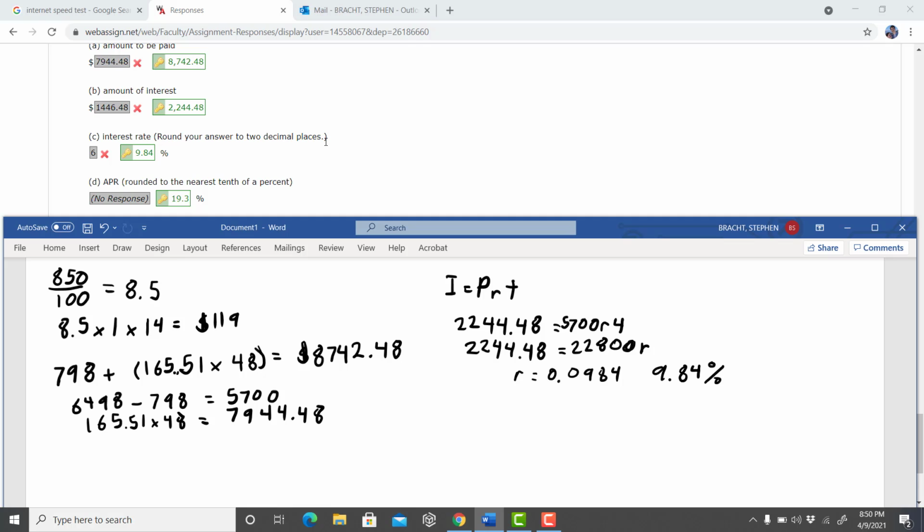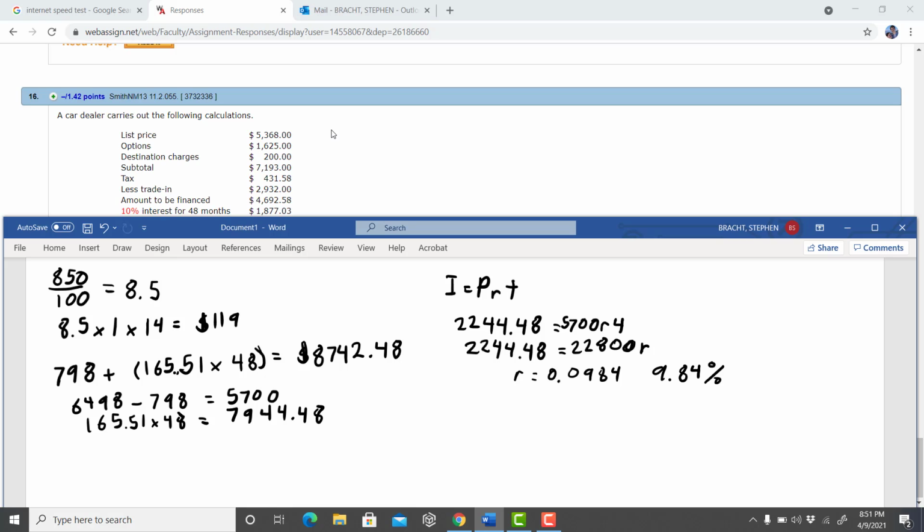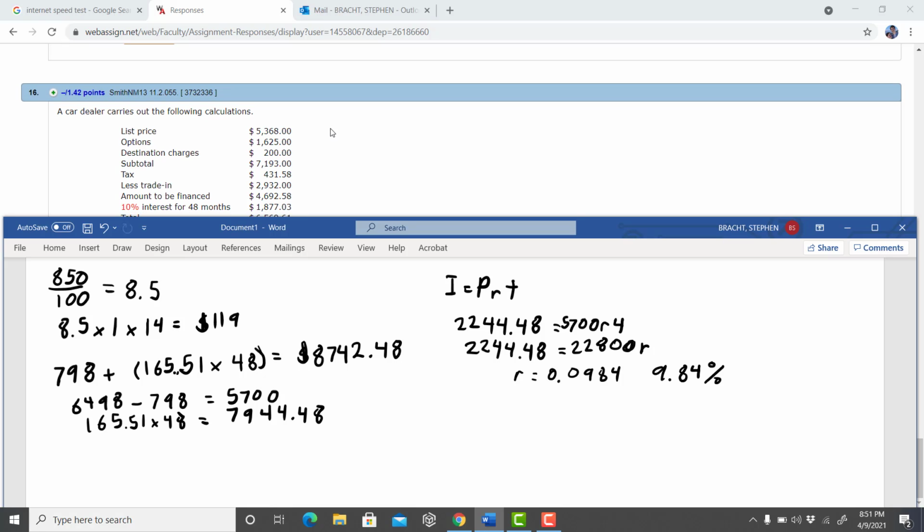APR, I'm going to leave that one to you. There is a specific formula, and it's a pretty simple formula. If you refer to section 11.2 in the textbook, you should be able to find that. And I believe I saw a similar problem where you successfully calculated the APR, so it's the exact same formula. If you have any questions on that, let me know, but there's a pretty simple formula in there. In fact, that exact same formula is going to be used in